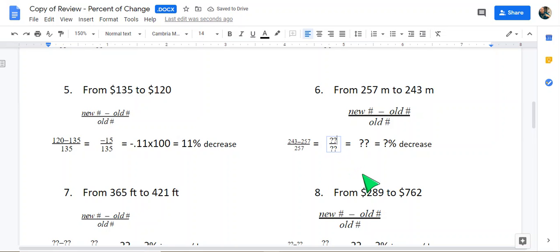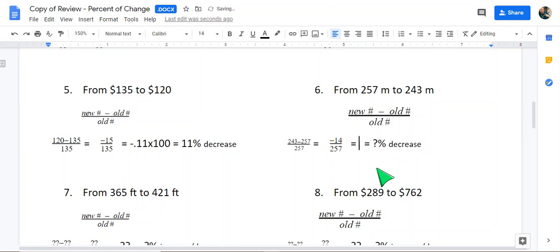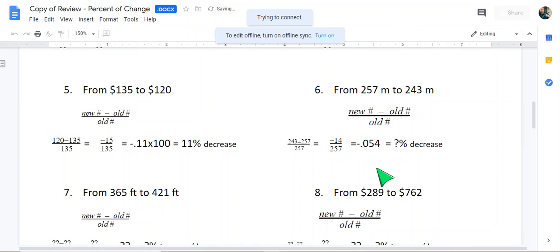Okay? 243 minus 257 is going to be negative 14. And then I keep that old number on the bottom. And now I can divide negative 14 divided by 257. I get negative 0.054. And it says round to the nearest